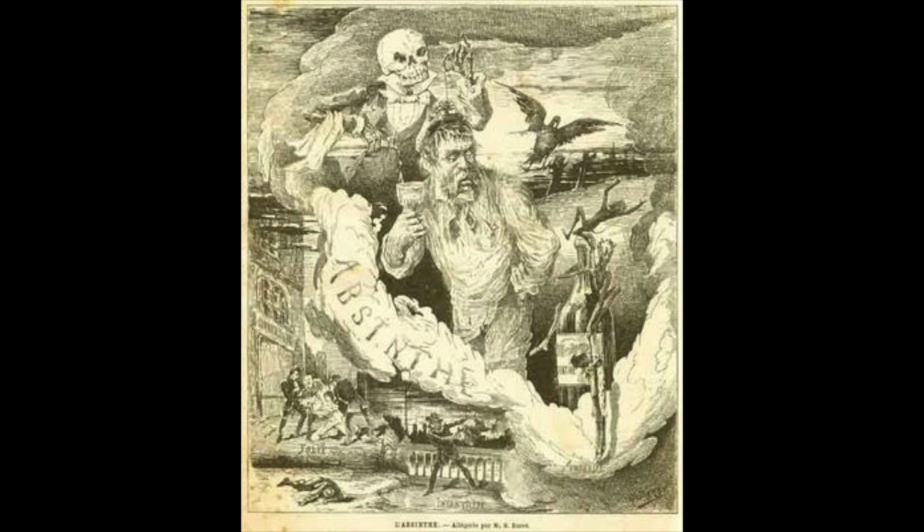Lanfray's crime became known as the Absinthe Murders, and in the following 10 years, public and political pressure led to the drink being banned across most of Western Europe, as well as in America. So terrible was the reputation of absinthe during the 20th century that, in spite of the evidence of scientific trials that proved it was no more toxic than any other alcohol of the same strength, the ban remained in place